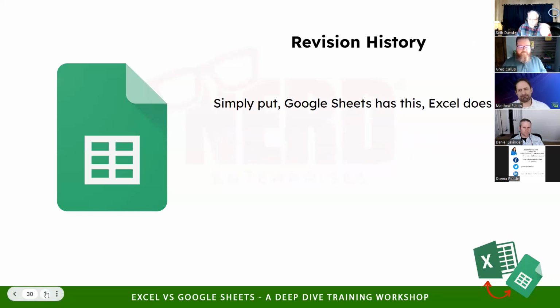Okay, Google has revision history, where I can click File and see the version history, and I can see exactly what changes were made and by whom, and I can even proactively save the current version of it and name it. I did this recently where I was updating a model and the client had added in a row that wasn't in the chart of accounts. And so when I was making my update, I overwrote that row. It was something the client was planning on having show up in their financials in the future, but it wasn't there yet.